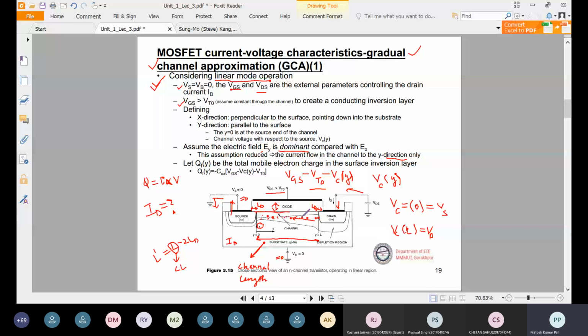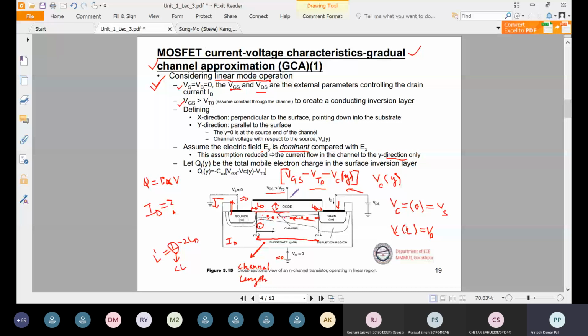ठीक है, सो टू have that हम क्या करेंगे, Vcy को भी VGS में से रिमूव करेंगे. So this amount of voltage will be the total effective voltage available in this channel region. So that effective amount of voltage will be multiplied by the capacitance value, and that will be giving you the total number of charge in the inversion layer. Okay, the channel region. Clear?